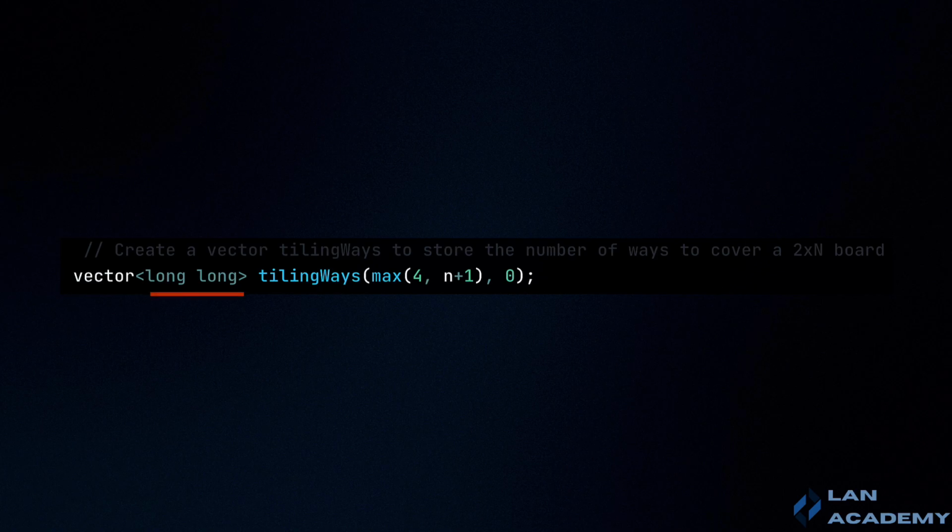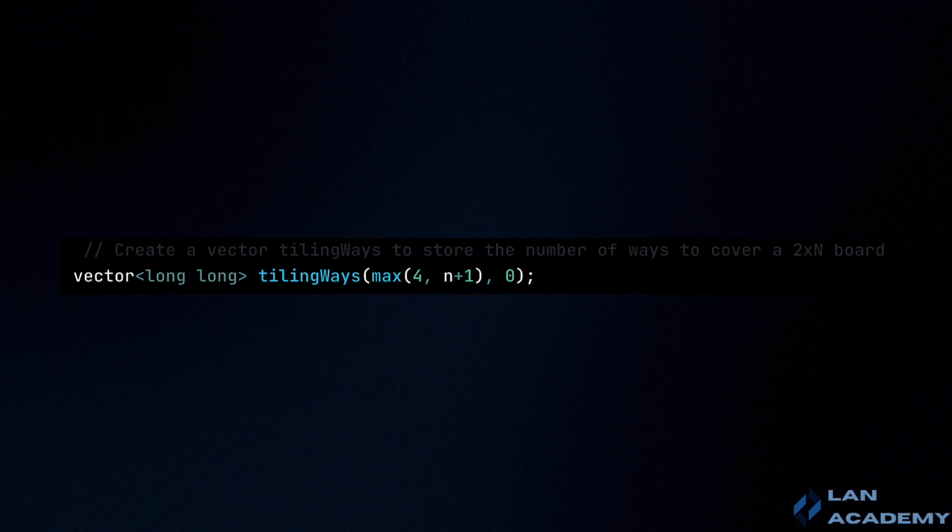The data type used for the elements stored in the array is long, a type of integer capable of storing very large values. This is essential for handling the large numbers that may result from the calculations involved in the problem. The expression max of 4 and n plus 1 calculates the initial size of the array. The max function from the STL library returns the greater of the two values, 4 and n plus 1.